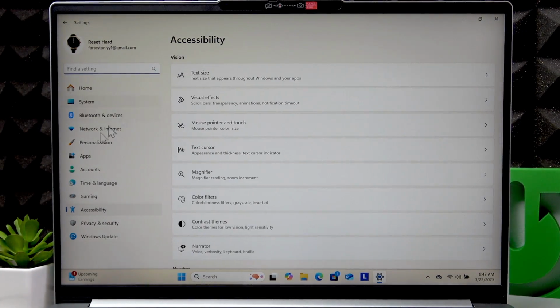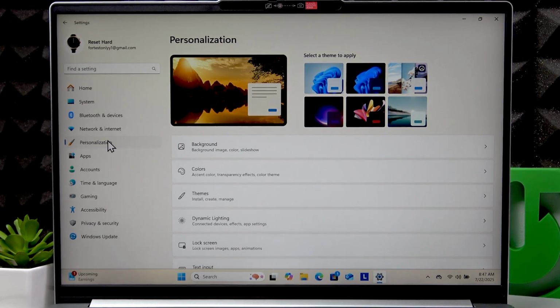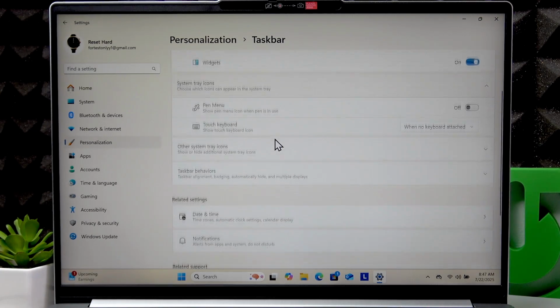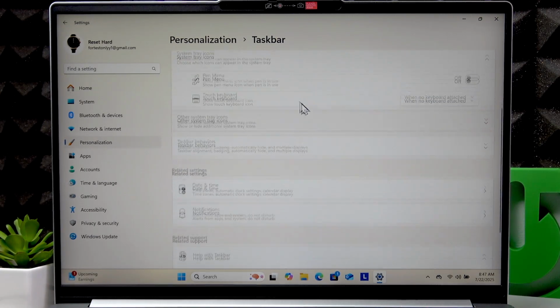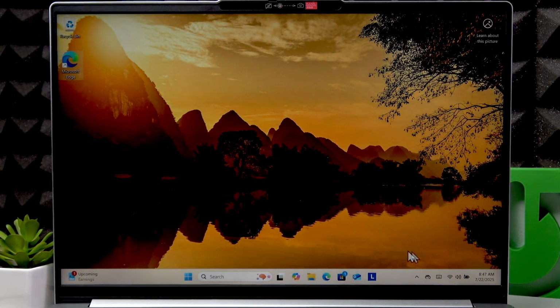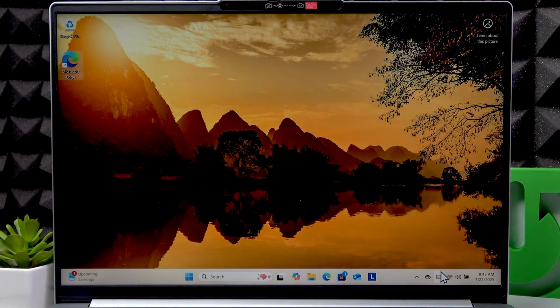And if you want to have the keyboard close, you can go to Personalization, Taskbar, and then change this value to Always. Now you can close the settings, and now anytime you need a keyboard, you can simply click on this icon